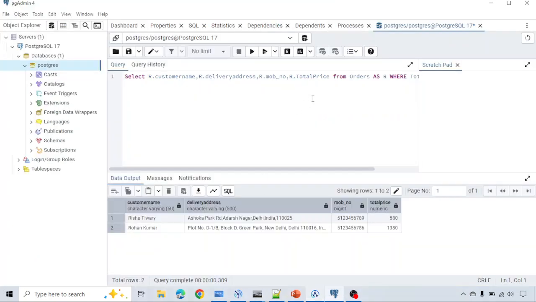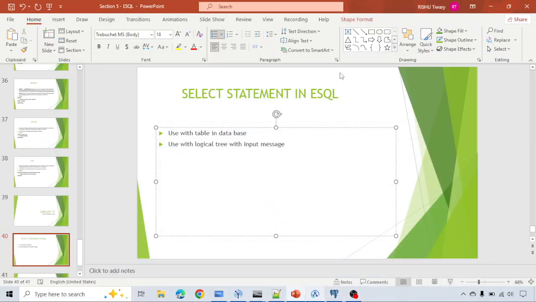So my motive was to show you first in this database, so that you can understand we are not doing anything extra. Whatever we are performing on this database, we are doing the same thing there also. So here we can see I have applied a where condition. Okay. So let's directly switch back